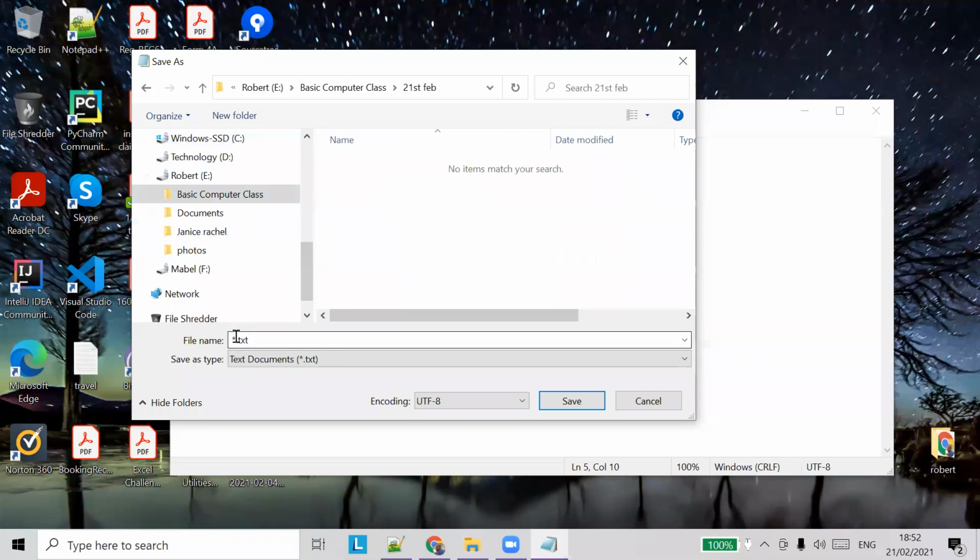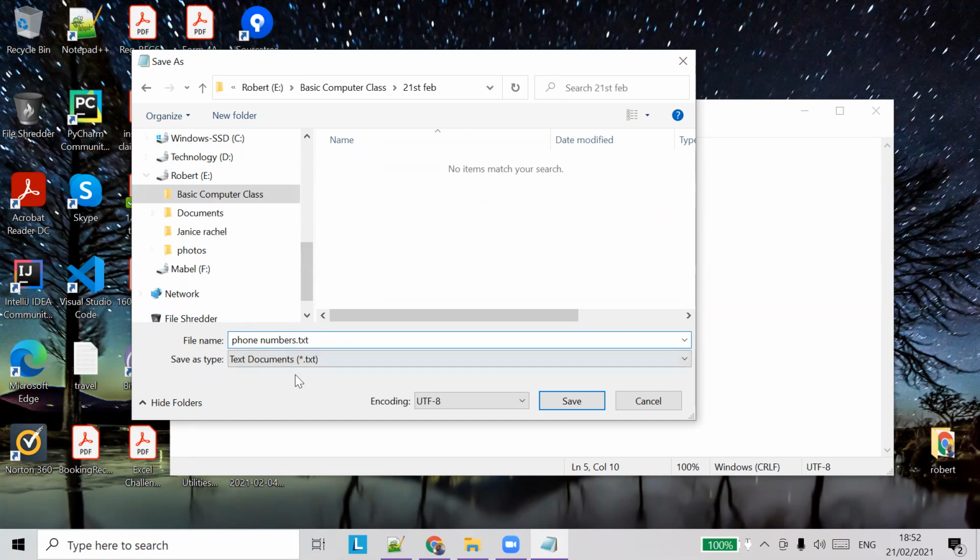You have to give a name for the text file. It could be something like phone numbers. You can keep any name you want, and you have to give the file type also after the dot.